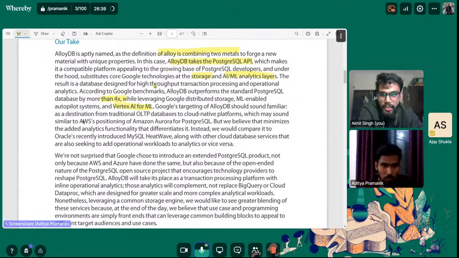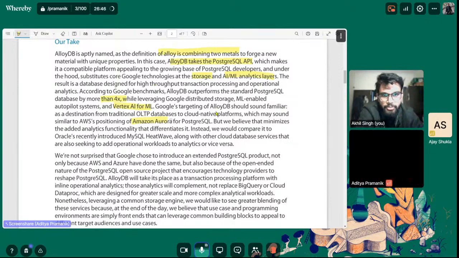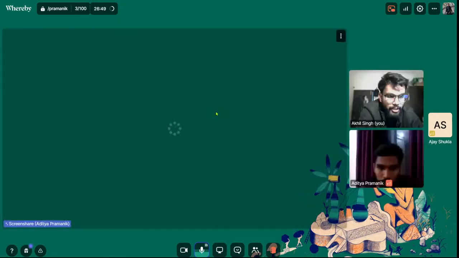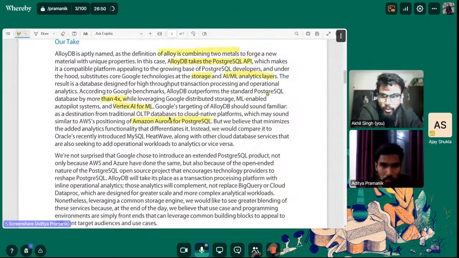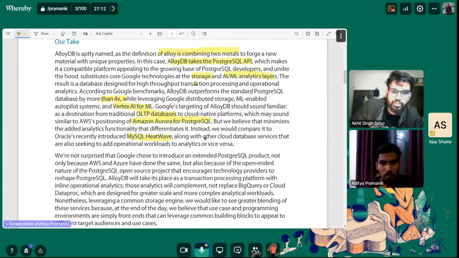So Google is combining their existing database with the open source database, which is PostgreSQL and which is being widely used, which makes its compatible platform appealing to the growing base of PostgreSQL developers. And Google has enabled AlloyDB with AI/ML analytics layers, and they have substituted core Google technologies at the storage. Like I have read somewhere about Spanner and BigQuery of Google, so they have associated